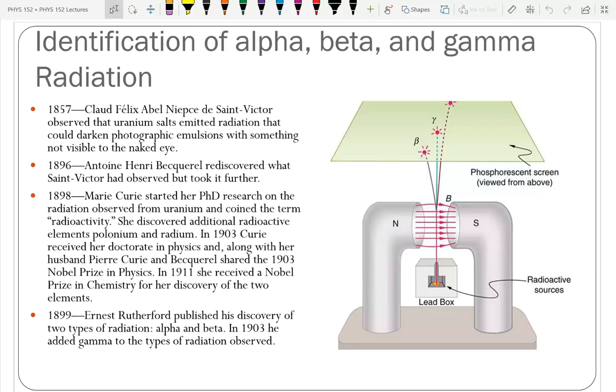she ended up dying as a result of her research because you know what she didn't know? She didn't know about the dangers of radiation. In 1899, we already talked about Ernest Rutherford in my lecture yesterday. Rutherford published the discovery of 2 types of radiation, alpha and beta, as he called them. And so we're going to look very briefly at these types of radiation and the things we know about radioactivity.